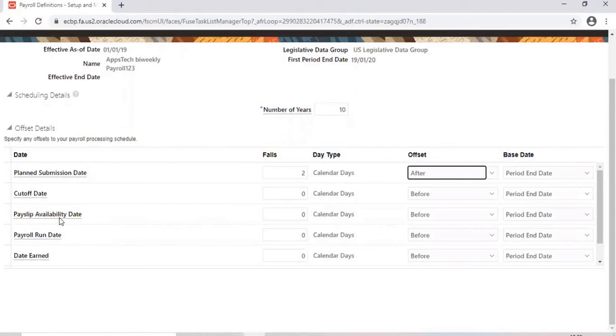Payslip availability date: the date on which the employee can view their payslip. Maybe I will take it 2 days after. Obviously for 6th to 19th January, when I run the payroll, I may show the payslip 2 days after the payroll period end date, meaning from the 21st onwards.